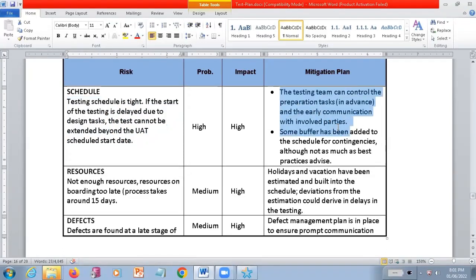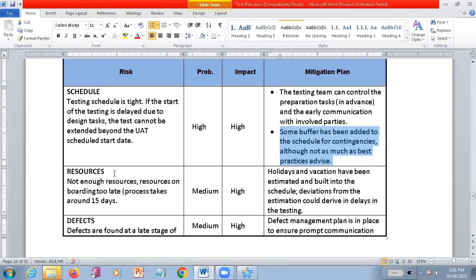See, you first want to inform the team, saying that we are not able to meet the deadlines. Then some buffer is added to the schedule. Maybe they may extend the date, or the management is going to take some kind of steps. They are going to talk with the customers and extend the release dates or something. Okay, you're getting it, right?